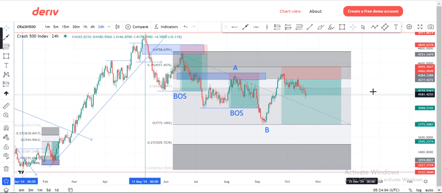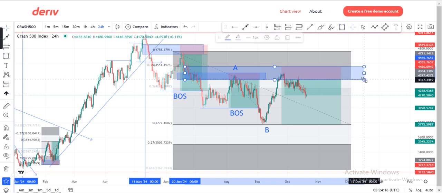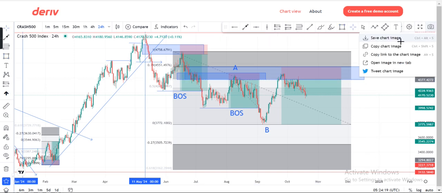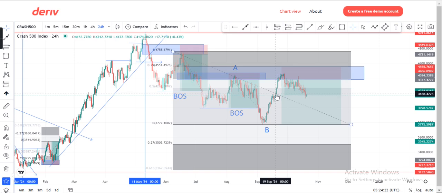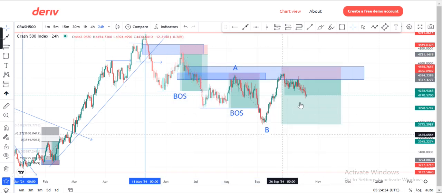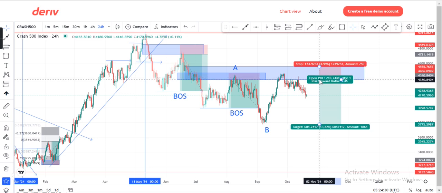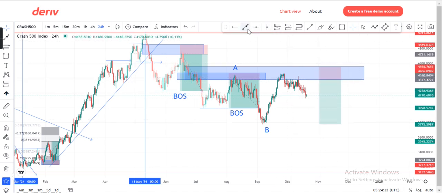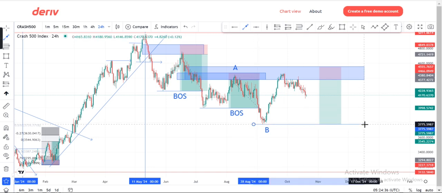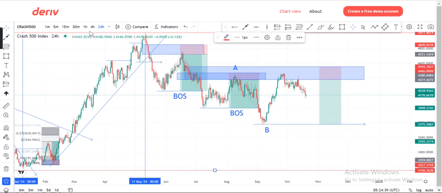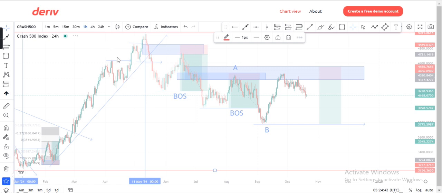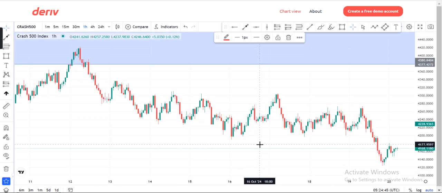For me, I'm looking on the smaller time frames. Basically, I'm looking for the reaction on the smaller time frame to now take my decision on this particular trade. So what do we do now? I simply would now come to the smaller time frame, which I'll just go straight to the 1 hour time frame. Now on the 1 hour time frame, when I shrink the chart,